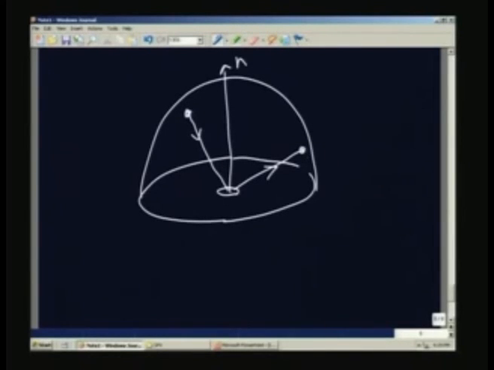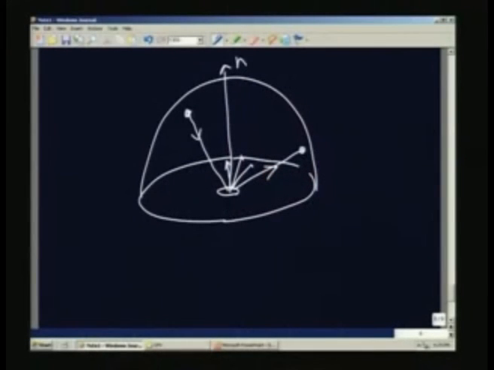You will also see that if the amount of radiation coming and falling here is some value, the amount reflected in this direction may be very small. That means that because it is going in all directions, the amount going in this particular direction may be a very small quantity. Therefore, very accurate, very sensitive detection is required, because the amount which is going in that particular direction is going to be very small.